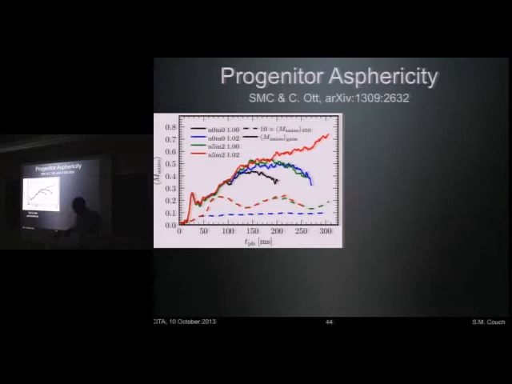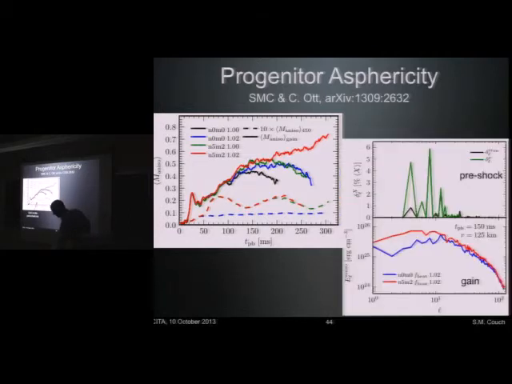Another way of looking at this is to make plots in spherical harmonic space. So this, again, is the anisotropic kinetic energy density as a function of L. And this is the spectra of the perturbations in both density and tangential velocity. They're basically the same. The lines are essentially on top of each other everywhere except right here. So we're injecting these perturbations at about this scale, and then because of compression and lateral motion during infall, they spread out. But basically, this is the scale at which we're putting these perturbations.